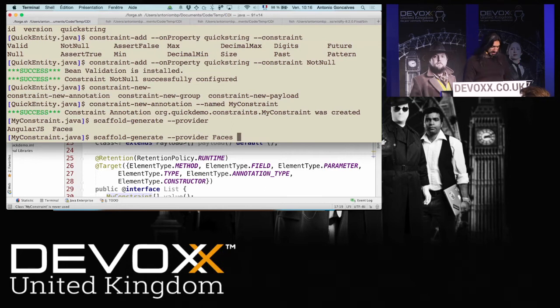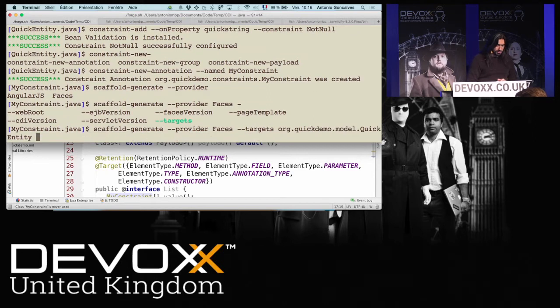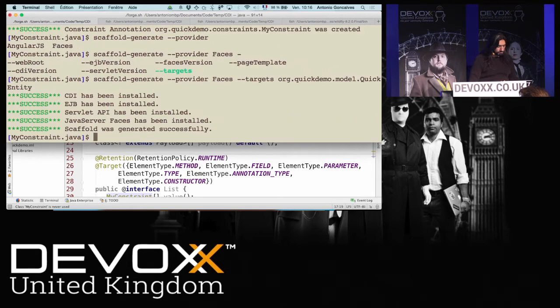So I'm going to take Faces, and I'm saying, generate, scaffold a web application for my quick entity. Plenty of things have happened.